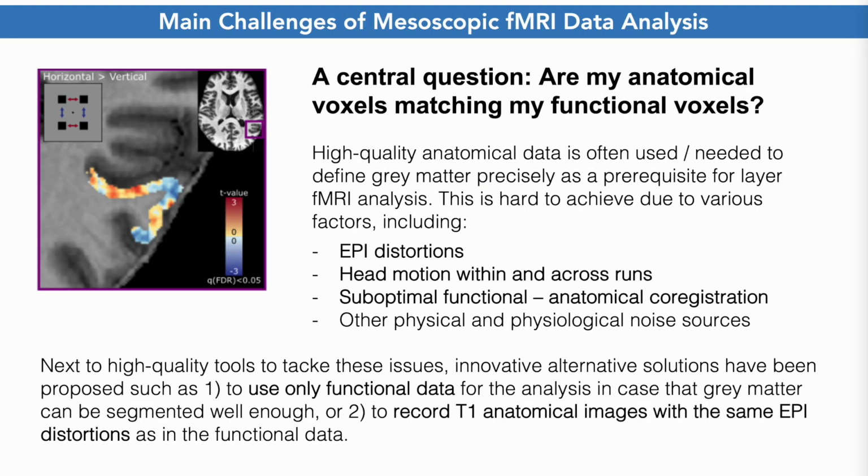I want to start with some central questions. One which backed me when I started already about 20 years ago to want to have 7T to do layers and columns. Basically at that time, and is still valid today, the central question, also heard about earlier, is: do my anatomical voxels match my functional voxels? And that has to do, as we heard, not only with co-registration, but also with motion within runs and across runs. And if we want to have separating layers or columns, we might be able that one volume of functional data matches, but if then your data drifts away, then basically